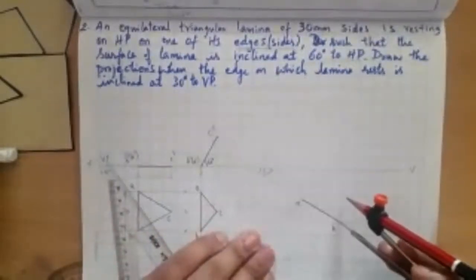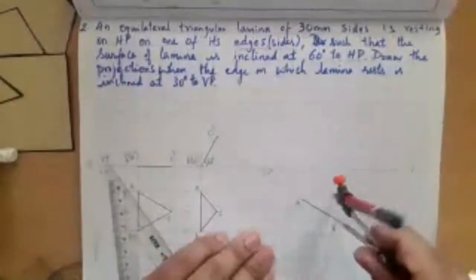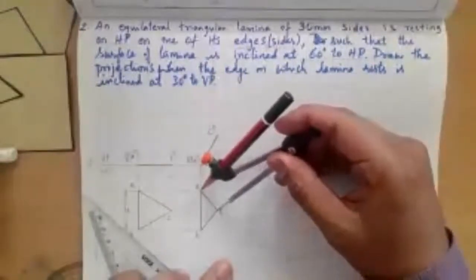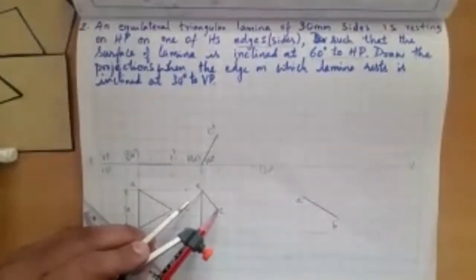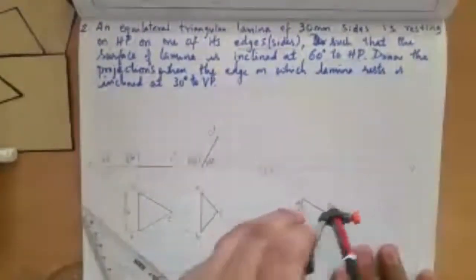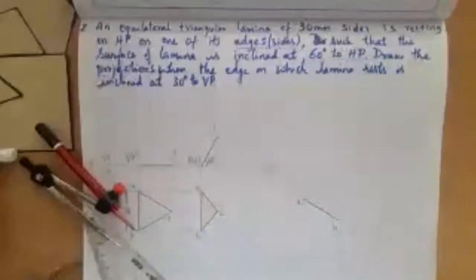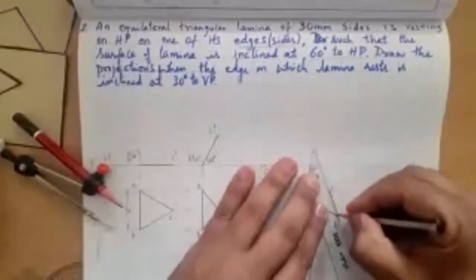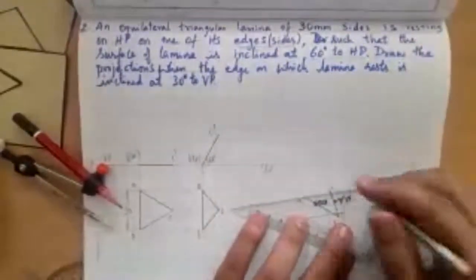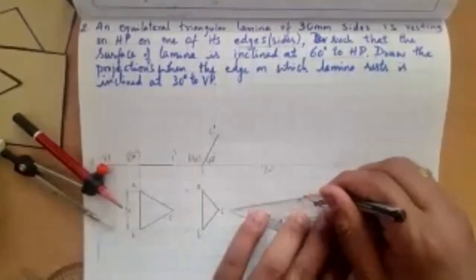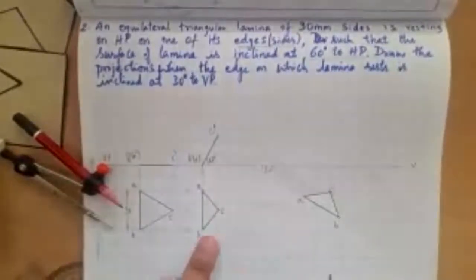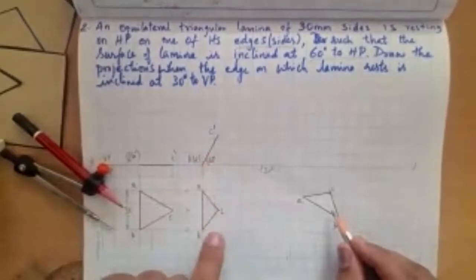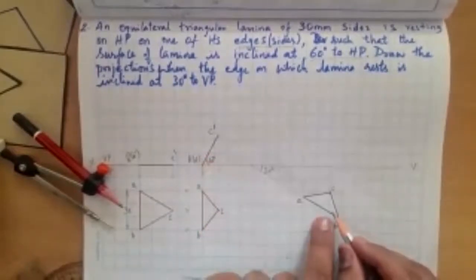From B, I'm going to draw an arc. Check again, it will be the same length from C to A also, or A to C. In other terms, it is A to C. A to C will also be of the same length. From A as center, I am going to cut an arc here where I'll get C. So join this. I'll get the same apparent shape of the triangular lamina when the surface is inclined at 60 degree. When surface is inclined 60 degree, how the lamina top view is seen, same shape I am drawing here.